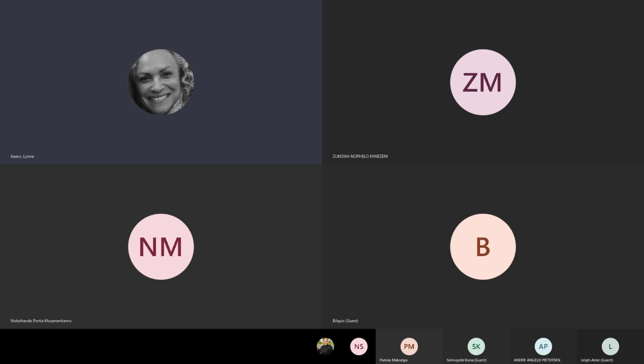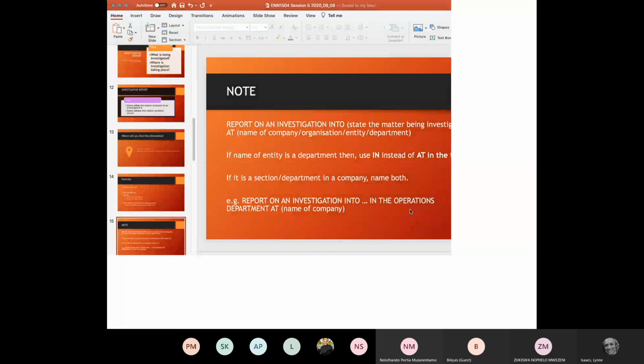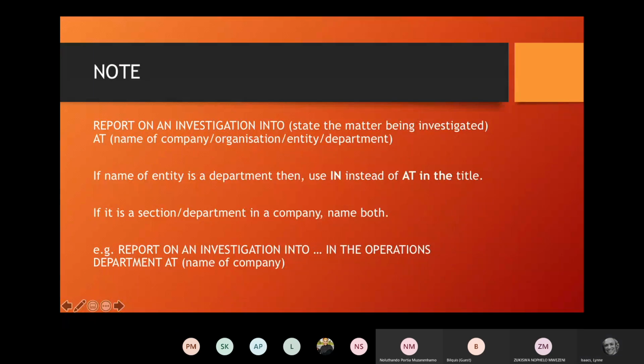And so if you keep that in mind, and if you read your background really carefully, you're able to locate that information in the background. So just a couple of additional pieces of information that you need to bear in mind when you are formulating your title. So I'm going to start with report on an investigation into, and you state the matter that's being investigated, and it is always going to go